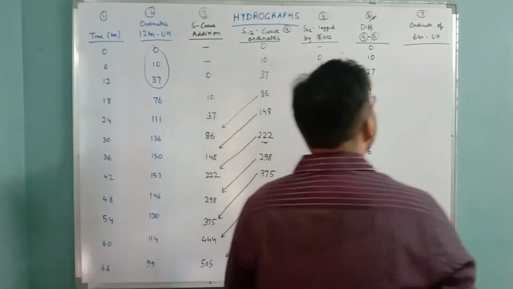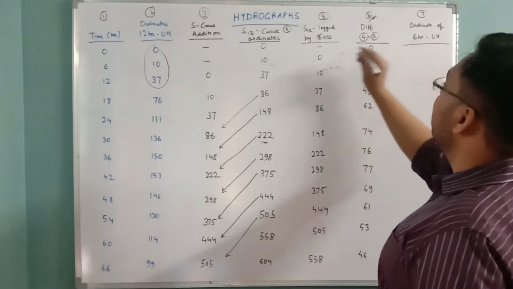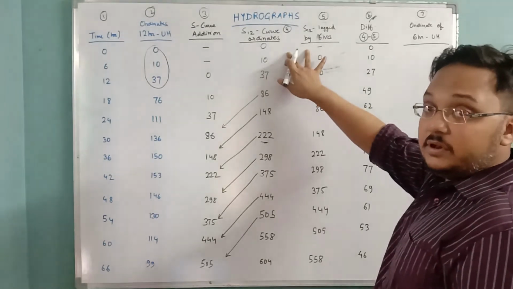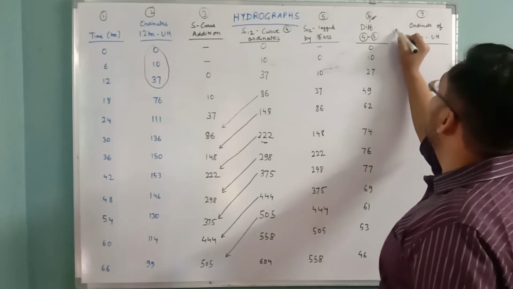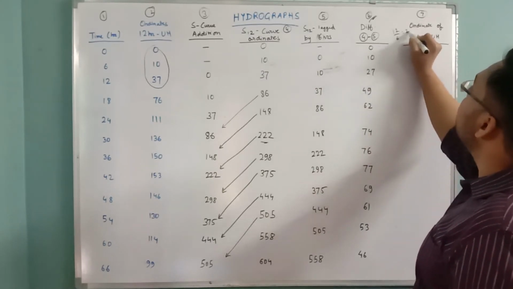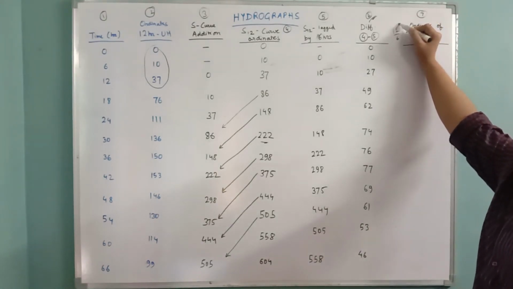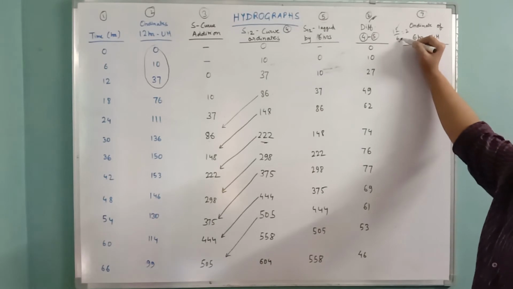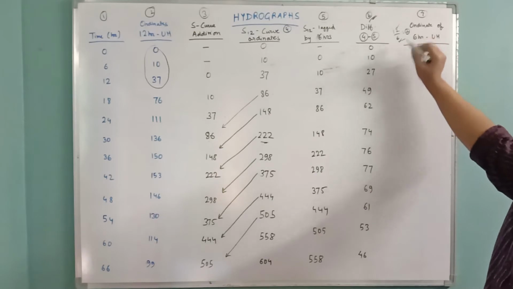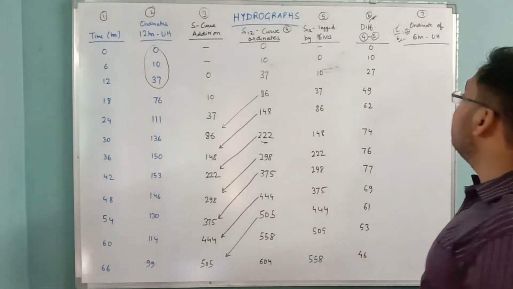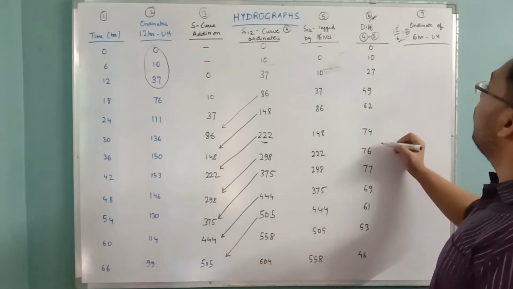So 12 divided by 6 is going to be 2. So the formula is the difference of these two should be multiplied by 12 divided by 6, that is equal to 2. So 12 is the given hydrograph, 6 is the hydrograph which we are going to obtain, and 2 is the divided quotient between them. So this 2 will be multiplied to the values in column 6.